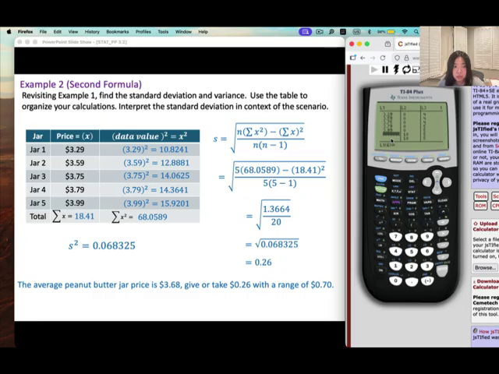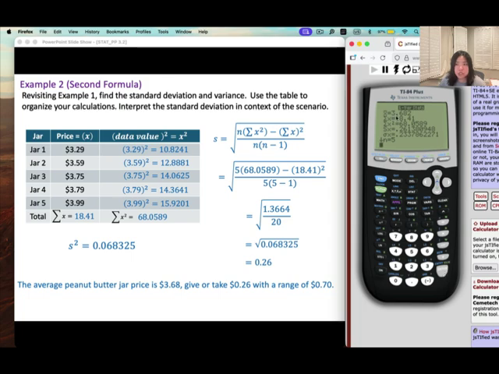Okay, make sure you don't make a mistake when you input the data. Then you're going to go to STAT, CALC, number 1, One-Variable Statistics. My data is in L1, go to Calculate, Enter. So first,